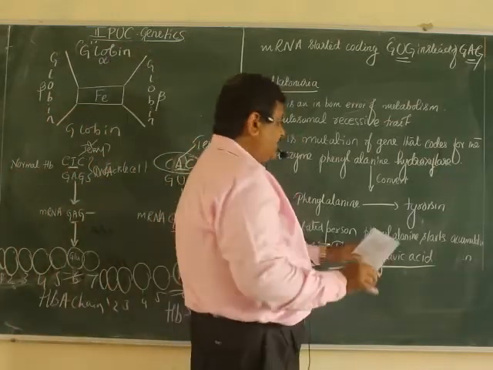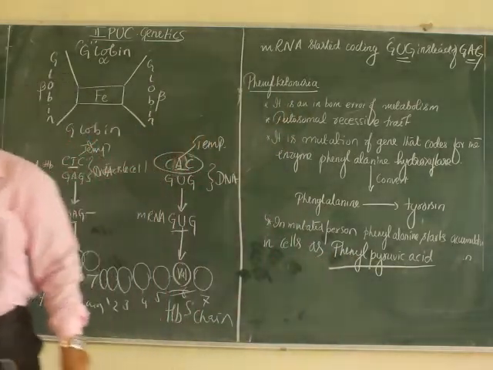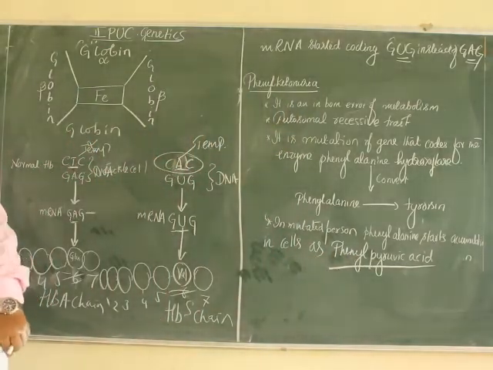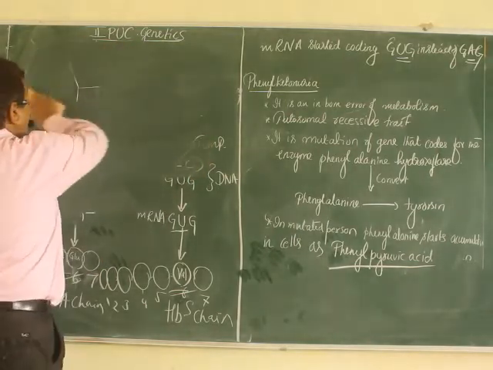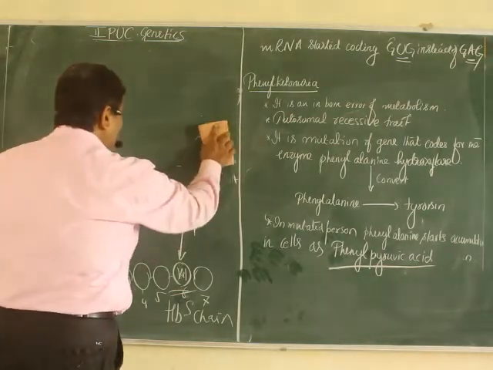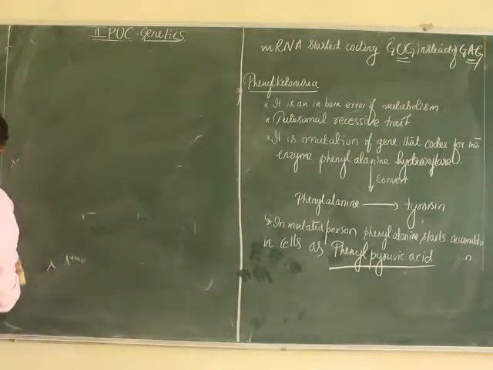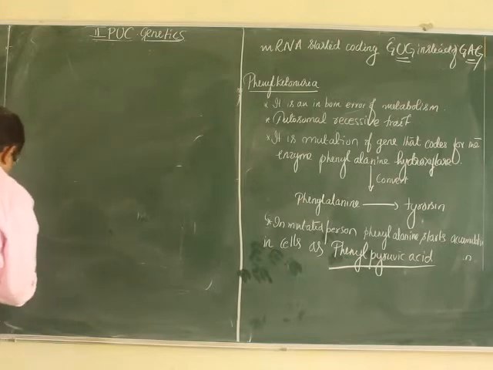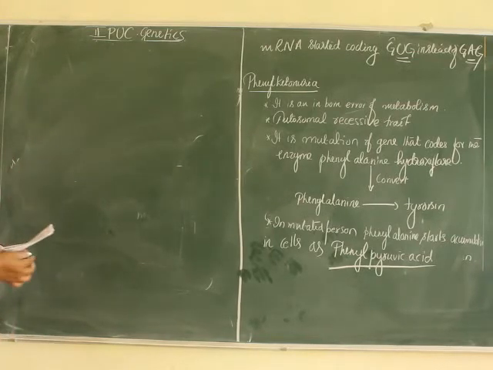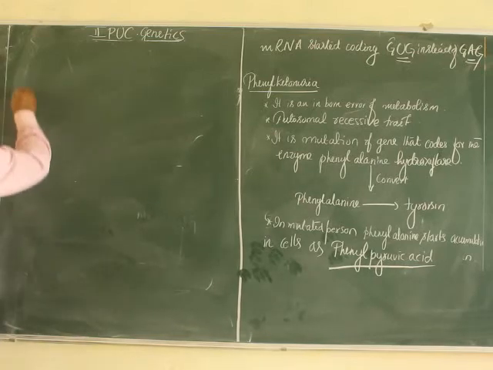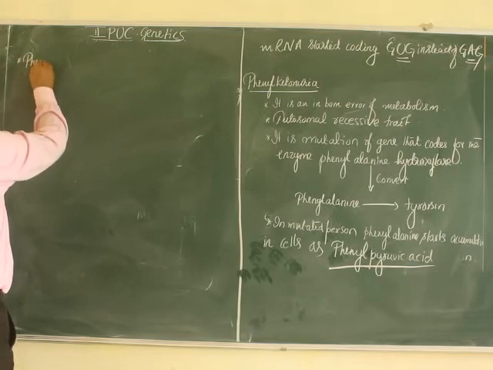If this phenylpyruvic acid accumulates in other parts of the body, the body may slowly change its form to some other form. But imagine if it accumulates in the brain, the person behaves like a mentally abnormal person. So what happens, my dear students? Phenylpyruvic acid starts